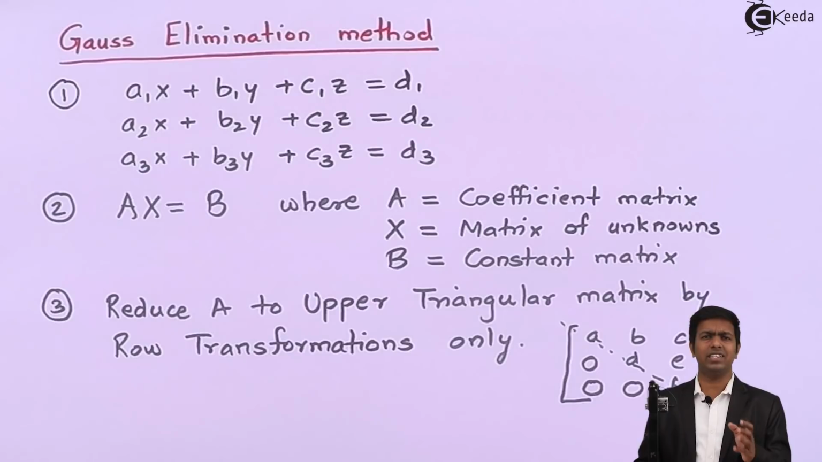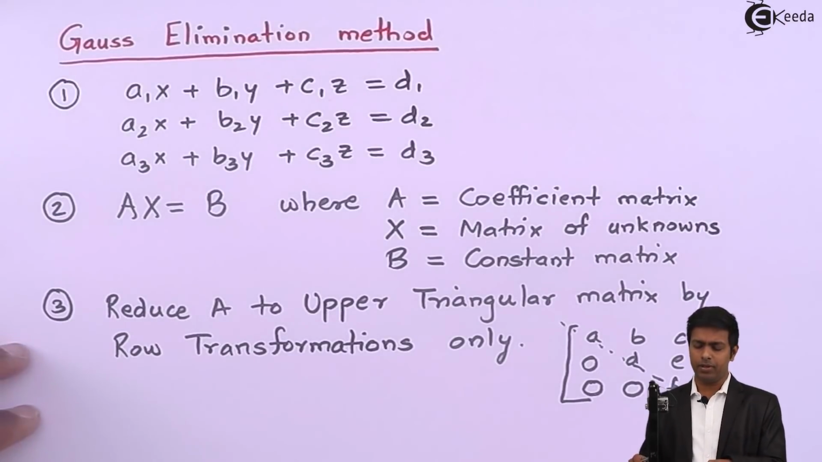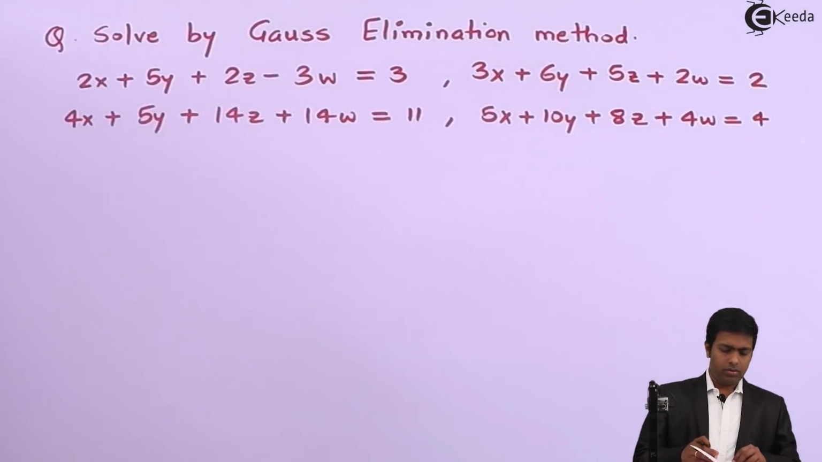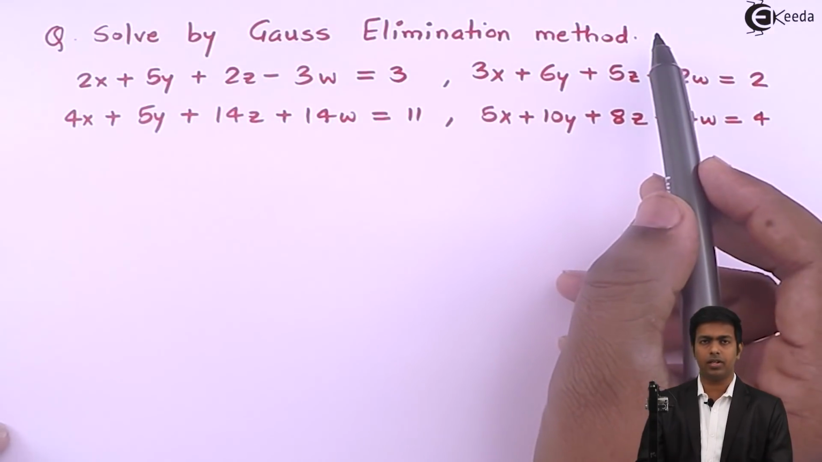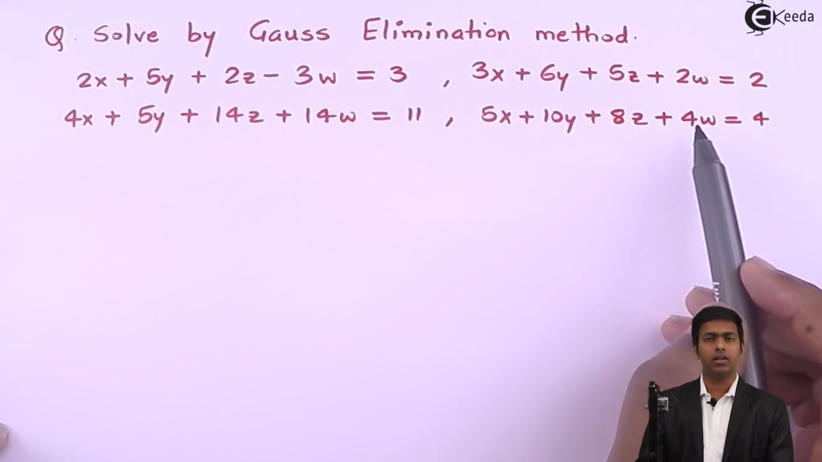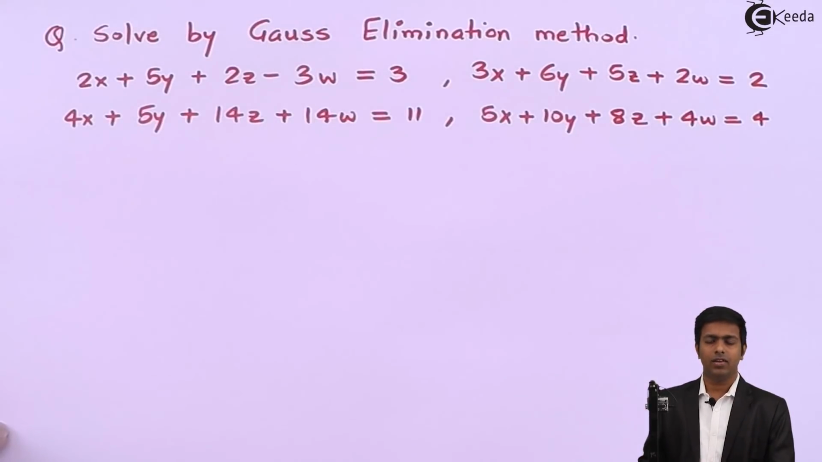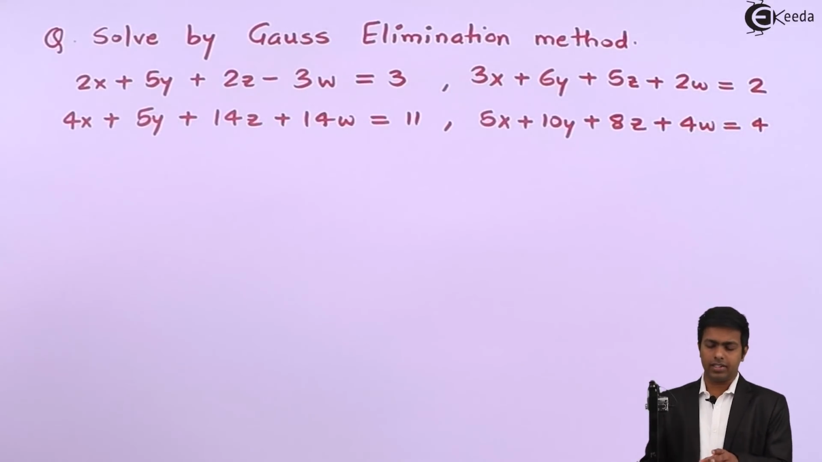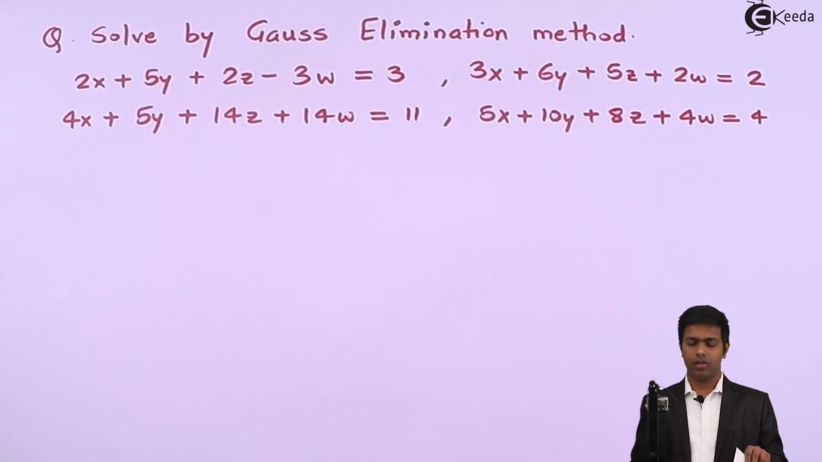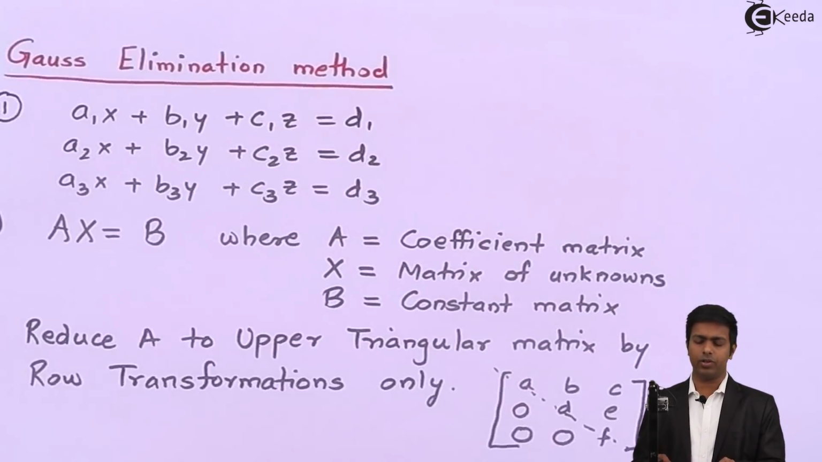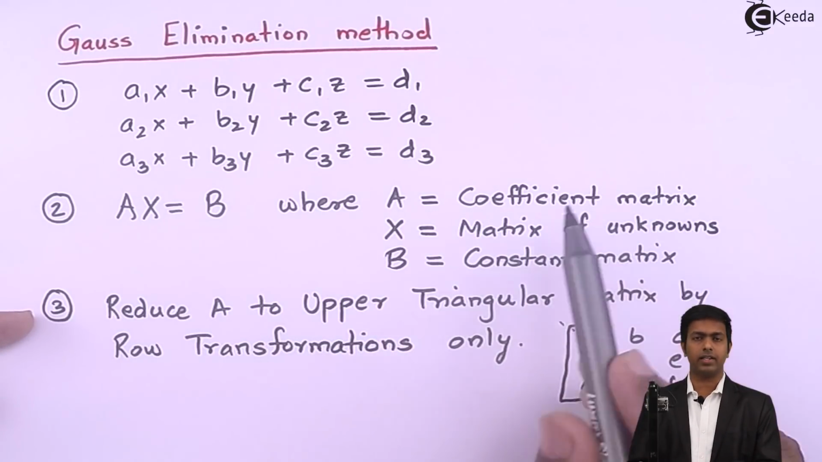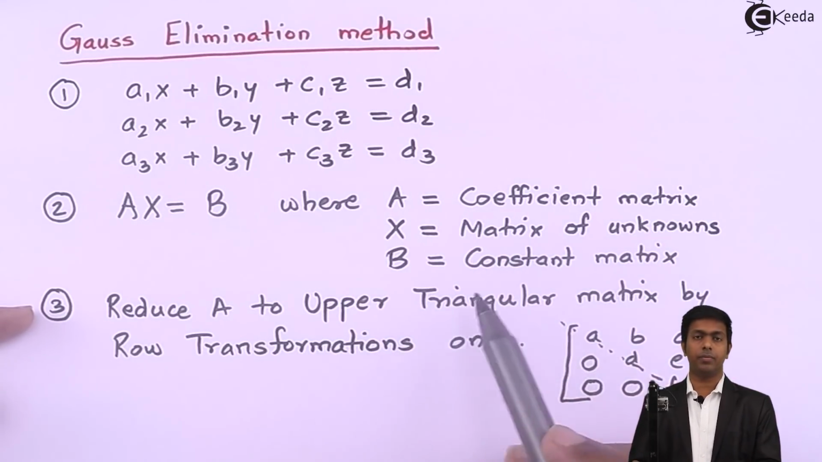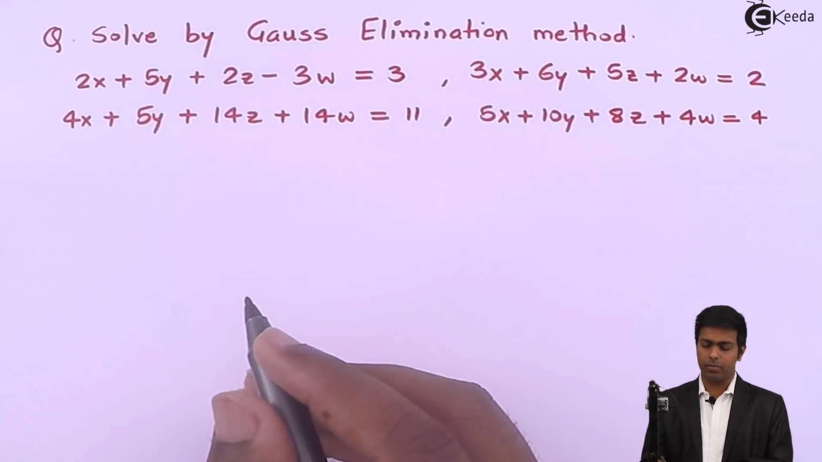Now to understand this method we will take one example. Solve by the Gauss elimination method. There are 4 equations given and 4 unknowns. So let's start with the matrix form. As I said, I will convert it into the form Ax equal to B, where A is the coefficient matrix, X is the matrix of unknowns and B is the constant matrix. So this will become